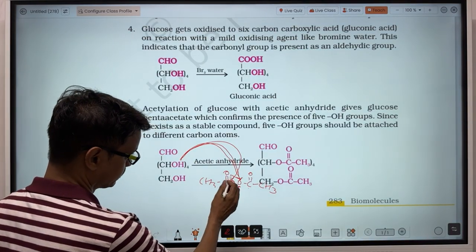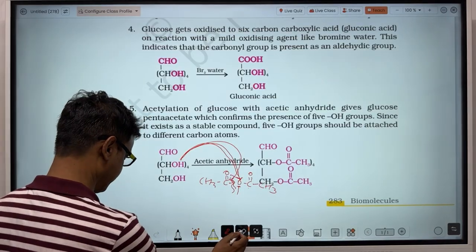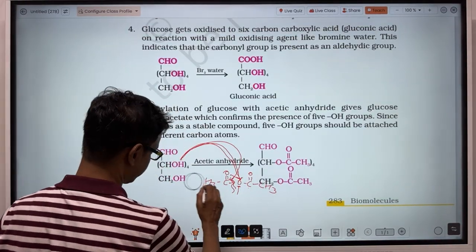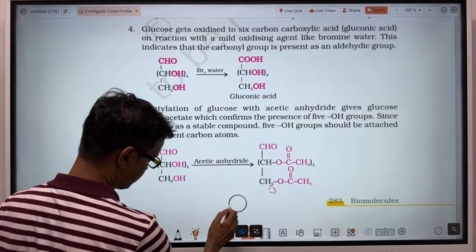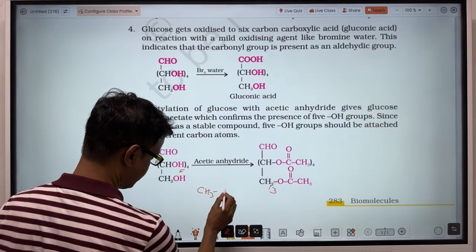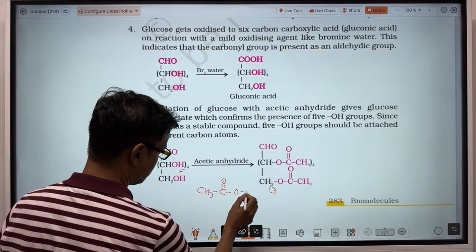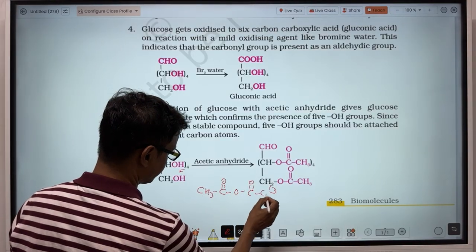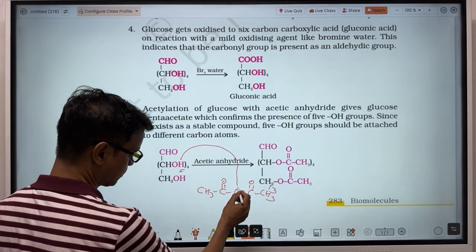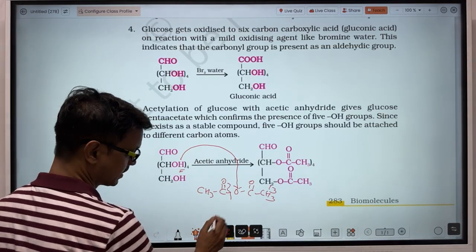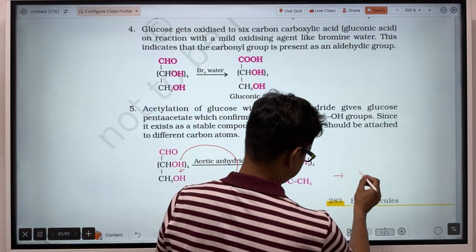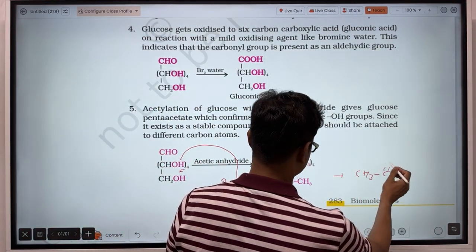Here once again I made a mistake. Listen once again. Acetic anhydride is this one, CH3, C double bond O, O, C double bond O, CH3. So hydrogen of this one gets bonded to this oxygen. So bond will get dissociated from here, and that becomes acetic acid, that is CH3COOH,